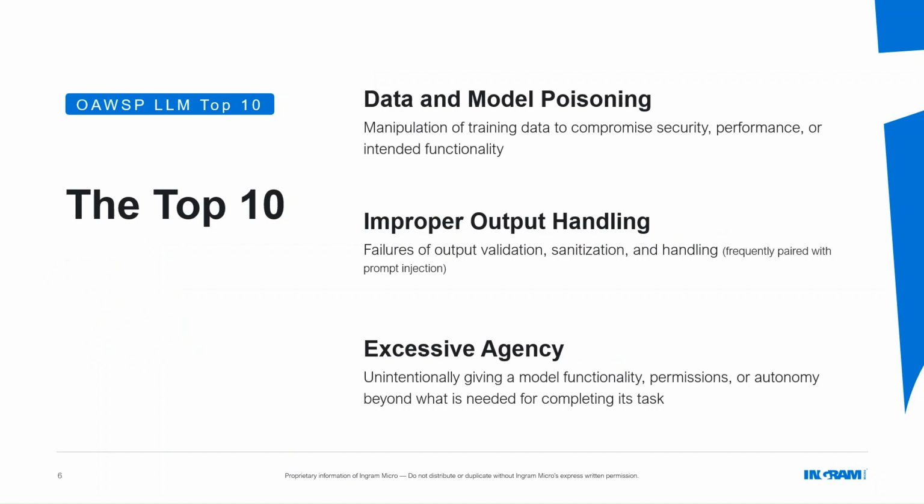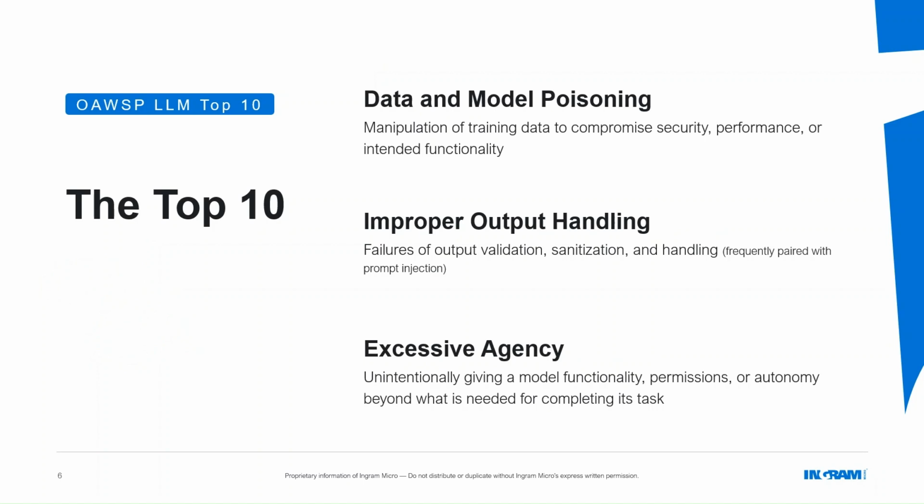Next three, first is data and model poisoning. Data and model poisoning is manipulating the training data that's going into one of these AIs. It can be as mild as putting in bad information so that it gives responses that would be outside of what it's supposed to do. And it can be as bad as taking a vulnerability in the model and using it to insert a backdoor when the training data is fed in, and activating that backdoor through a prompt.